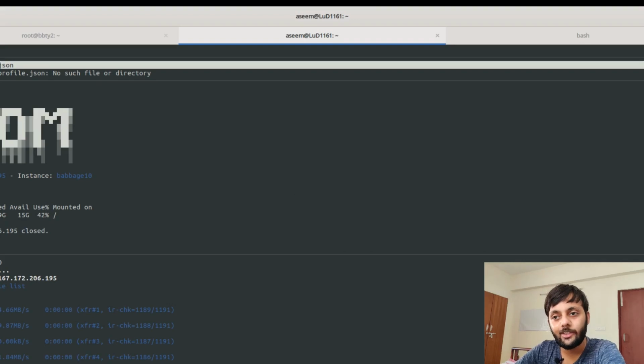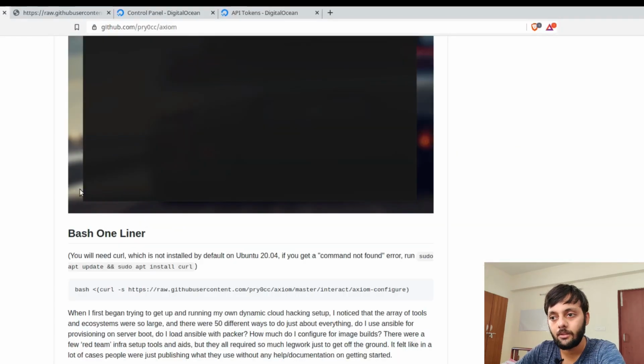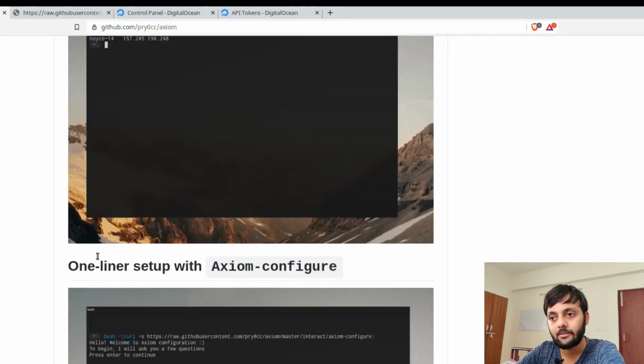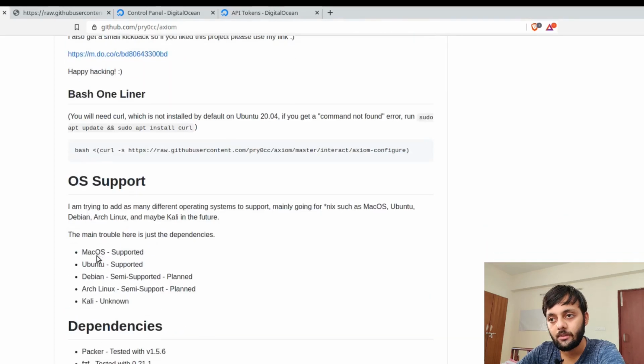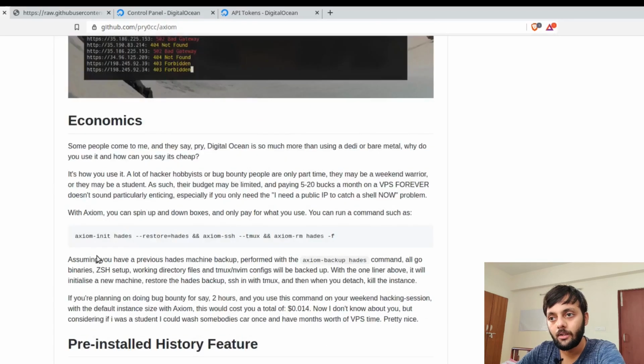So another thing I wanted to talk about was the README, and I saw the economics part of this. Let me show you. So the economics part is that if you don't want to pay 5 to 20 bucks a month on a VPS forever. Initially, once you get the DigitalOcean credits, those are $100 and valid for 2 months, right? So for that time you could be relaxed with however many instances until the cap of $100 for 2 months. But beyond that, if you want to do recon and you are not a professional,